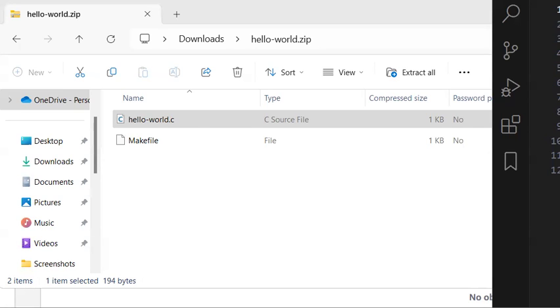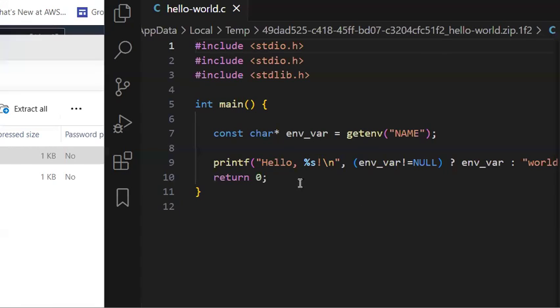You can see this is how the code was internally. It contains the default libraries that we want to import. All of those I have included. I think this was included twice, so that's okay, not an issue. And in the main method, I am just printing hello and some string, where this string